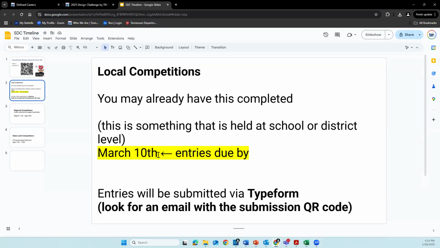In fact, we still have time for you to hold those local competitions. The suggestion from the timeline to have your local competitions finished in January was just a suggestion to help you build your own timeline for your competition. We know things happen. We know that some things get delayed. So if you haven't had your local competition yet, no sweat. Hold that competition, get those kiddos entered so they can be considered as a regional winner.